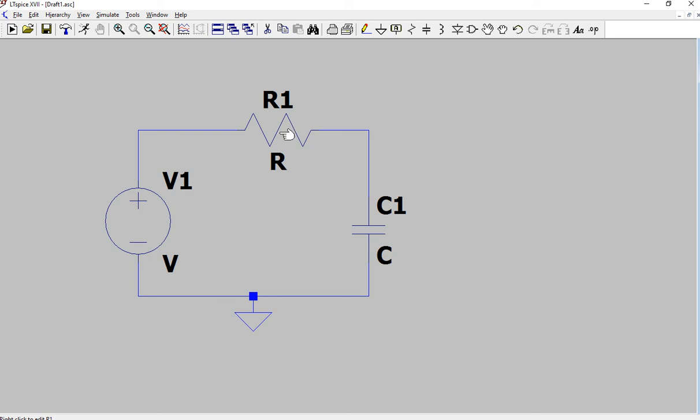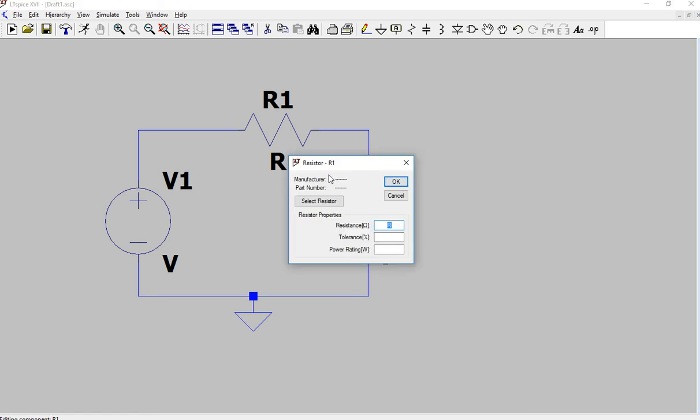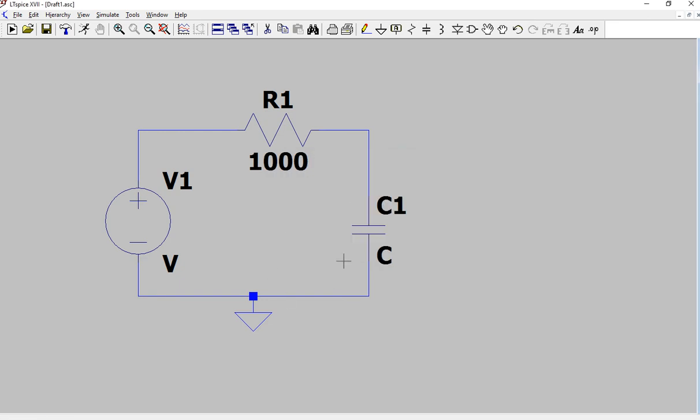You get to see one hand with the index finger protruding out. Right click over here. You'll find resistor R1's properties. There are different parameters of a resistor, but we will only consider ohms. Here I can write any value. Here I'll choose 1000 ohms for this resistor.